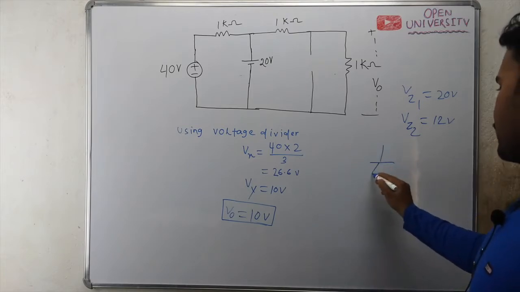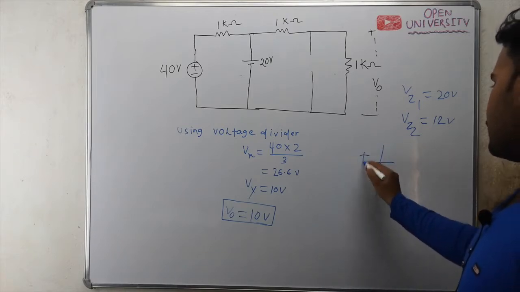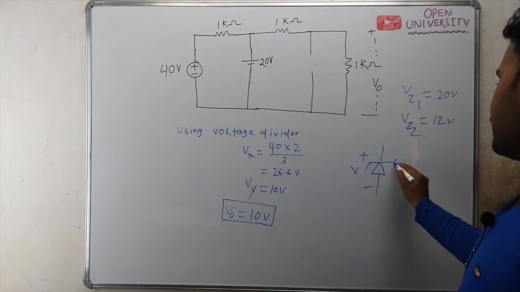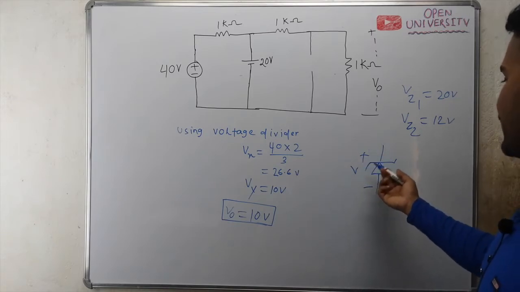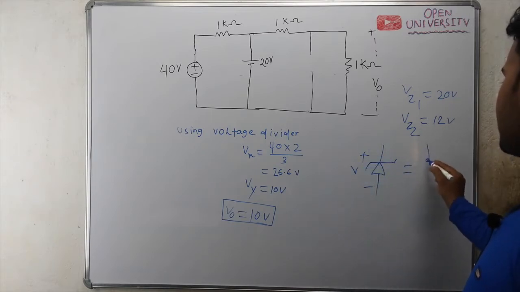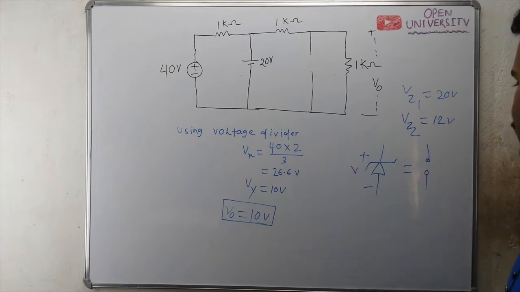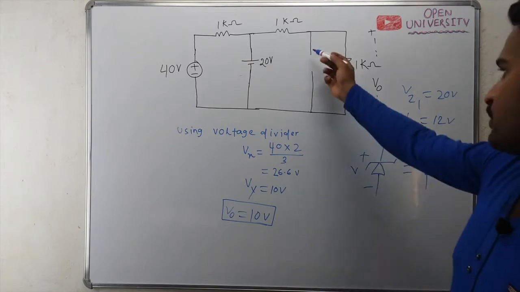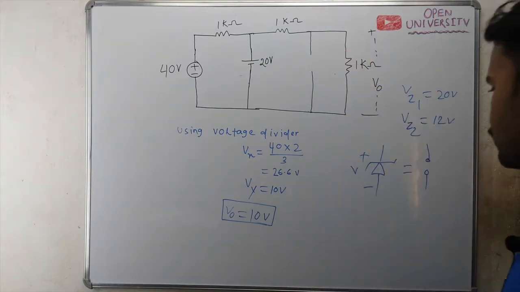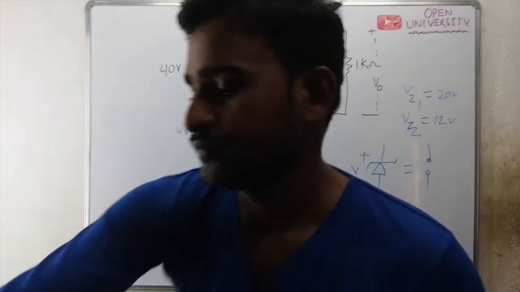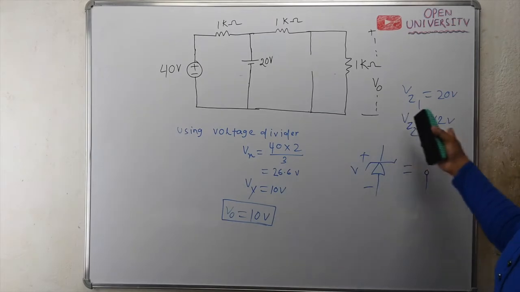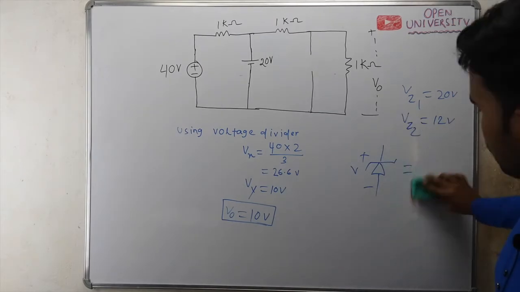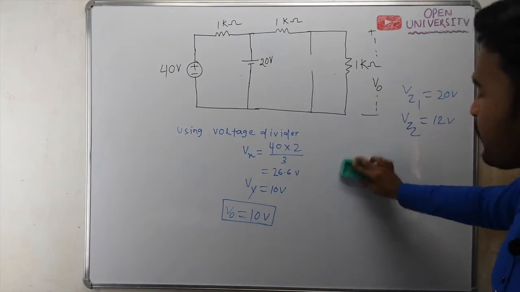When the reverse bias voltage across the Zener diode is less than the breakdown voltage, we will replace the Zener diode with an open circuit. Let's say I open circuit this Z2, because the voltage across Z2 is 10 volt, which is less than its breakdown voltage. So I will replace Z2 with an open circuit.